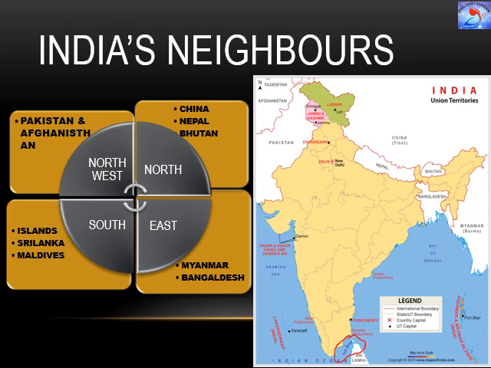India and Sri Lanka are separated by a strait. We call it the Palk Strait. The term strait in geography stands for a narrow passage of water which connects two seas or two other large areas of water. So India and Sri Lanka are connected by the Palk Strait. We call it the Gulf of Mannar as well.